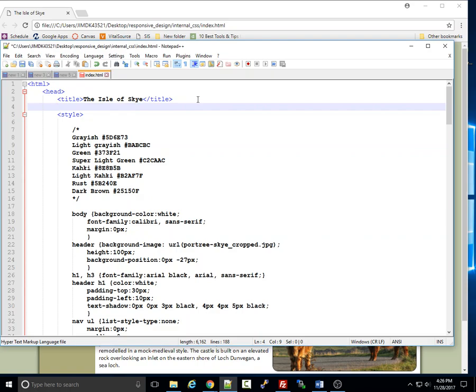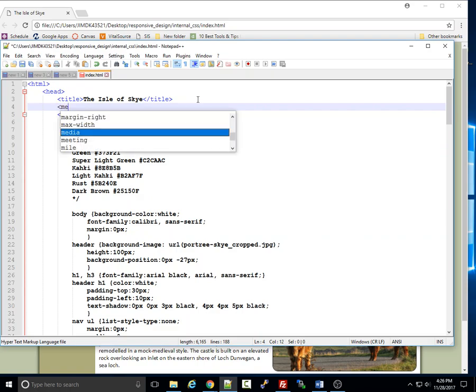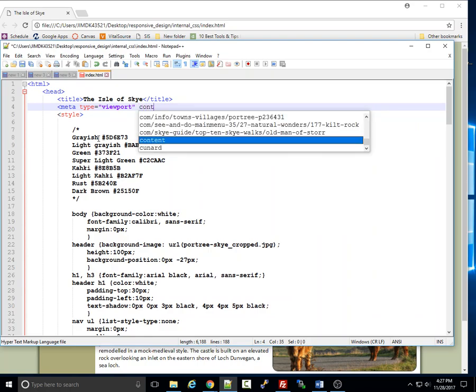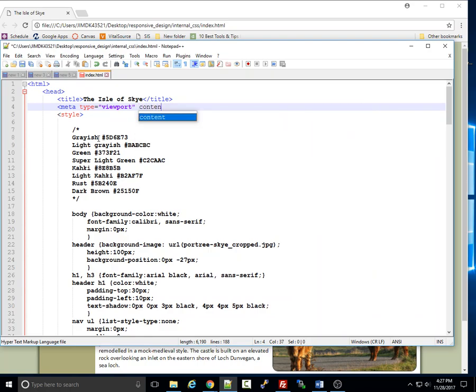The thing about viewport is that it's not a style, it's a meta tag. It goes in the head section up here. And it looks like this. So it's meta, and then I believe it's name, viewport, and then another attribute is content. And the content is going to be